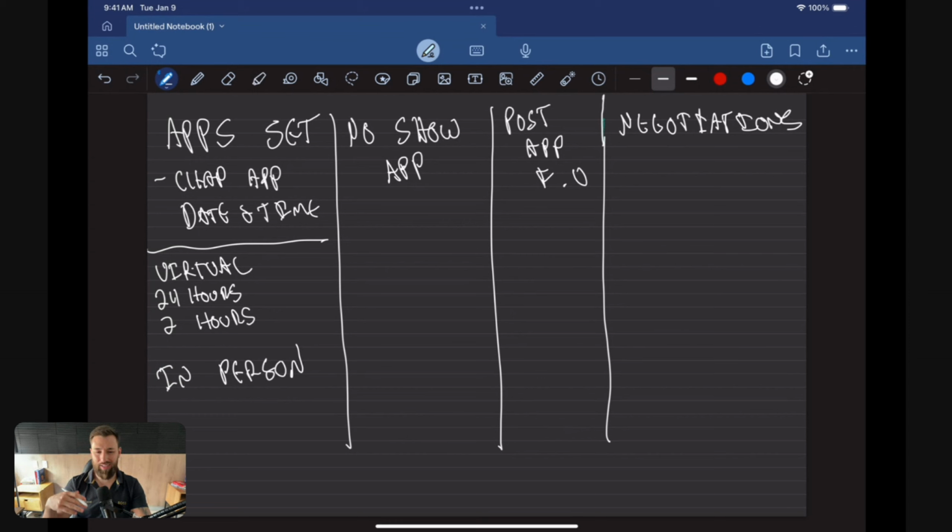For in-person, I typically don't want to send it out 2 hours prior, because if it takes them like 30 minutes to read and the appointment's 2 hours away, I just took off in my car. So I want to send those a little bit earlier. I'll do a 24-hour prior and I'll do a morning of, and that usually goes out at 8 a.m. That is my automated reminder text. Now, I also do have my lead manager call on an in-person appointment and double confirm that they are going to be there. All of the decision makers are going to be there. All of that's happening. But I want to have some automations to help me out as well.